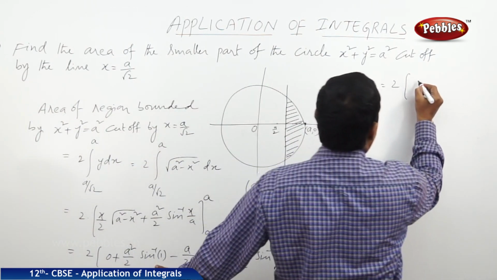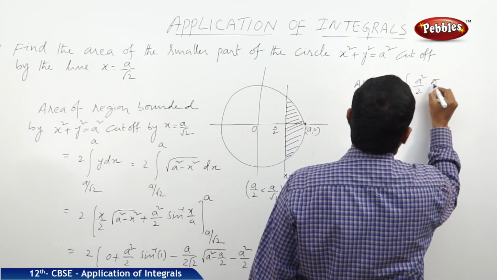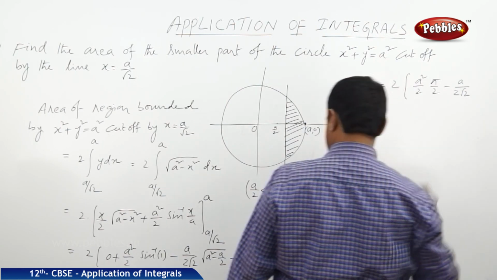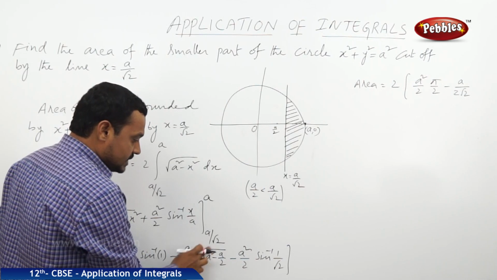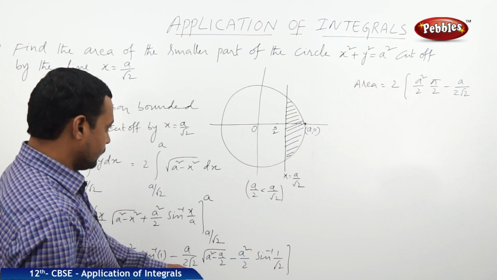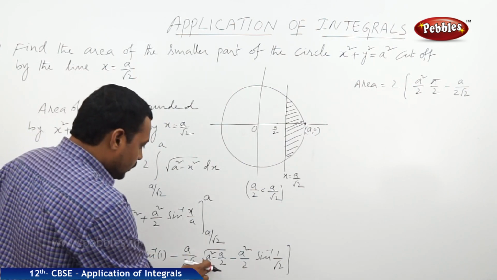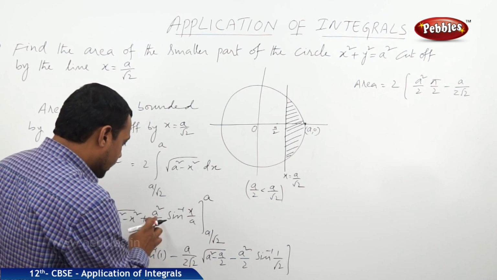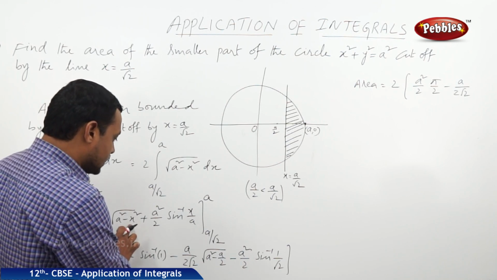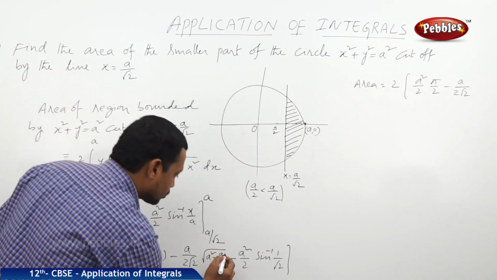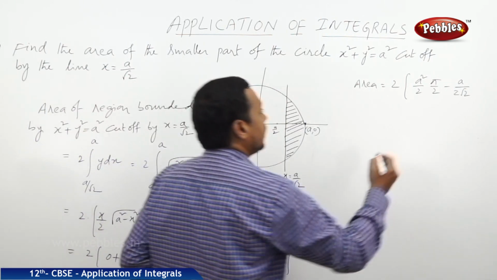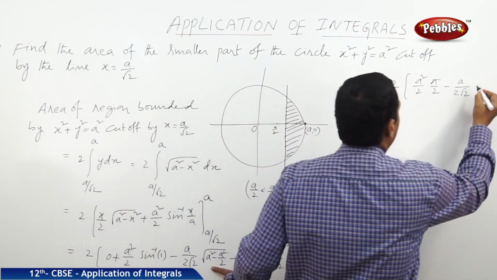So that it is a square by 2 into pi by 2, minus a by 2 root 2 into, when we take LCM here, it is 2a square minus, when we substitute the lower limit, it is a by 2 root 2 into root of a square minus x square, where x square is equal to a by root 2 whole square, so that it is a square. Now 2a square minus a square, that is a square by 2, under root a square by 2, that is